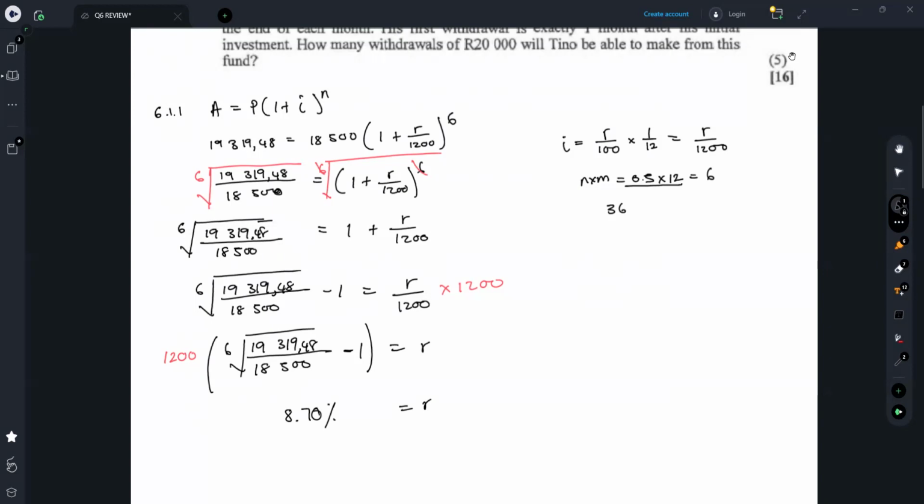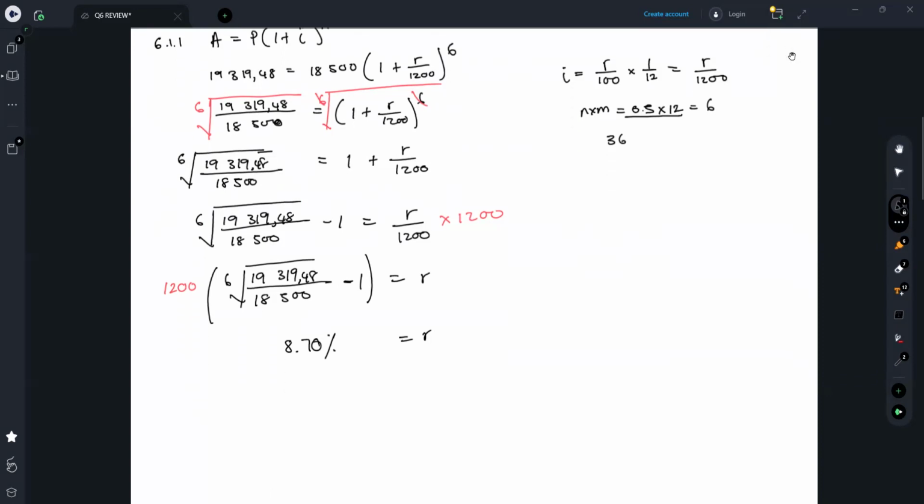One thing that I want to say here, I did not change these into decimals because I don't want to introduce rounding off errors. So I know that when this is divided by that, surely it will give me a long decimal number. And even when I take the 6th root of that number, it might give me another decimal. So for avoiding rounding off errors, I just kept it like that. And when it came to this part, I punched it into the calculator, just like this, okay? And I ended up with that value of R right there, okay? So let us go on to